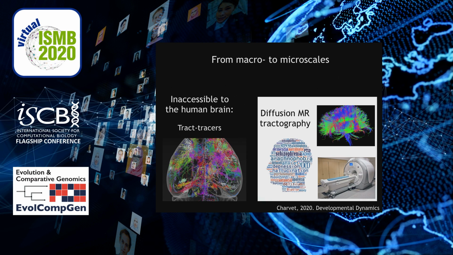To study connections and axons, we have available tools called tract tracers, which really showcase fine detailed structure as shown here in a mouse brain. But these methods are highly invasive and inaccessible to the study of humans. So in humans, we use diffusion MR tractography, which is a non-invasive, high-throughput method that allows us to visualize pathways throughout the entire brain. It's often used to better understand the neurobiological basis of a number of psychological disorders, but